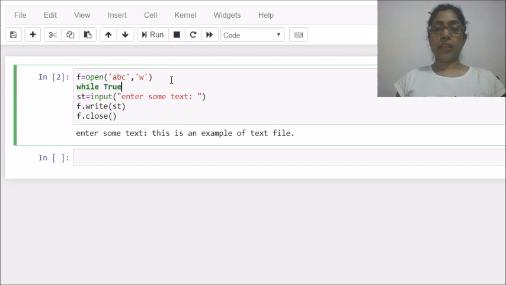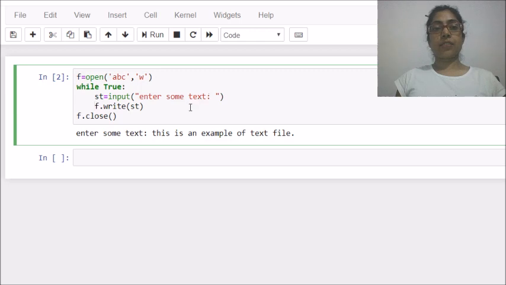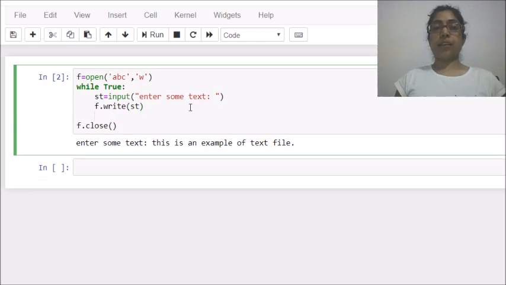I am creating an infinite loop here, and inside that loop I am inputting a text from the user, and then I will write that text into the file. After that, I will ask the user whether he wants to add more to the file.